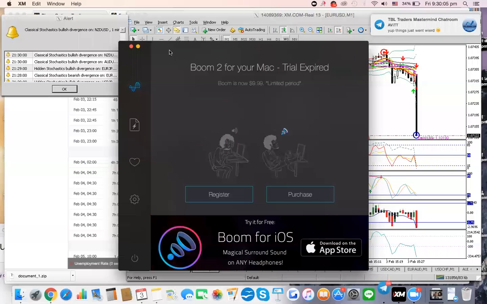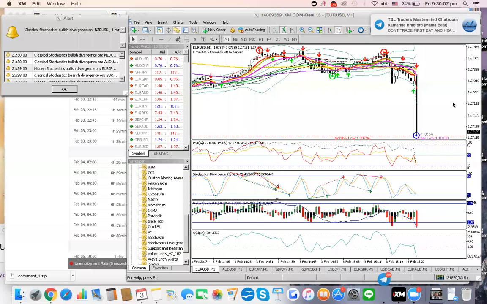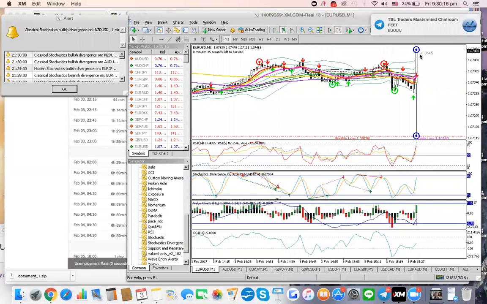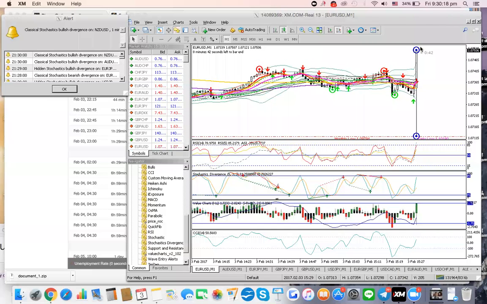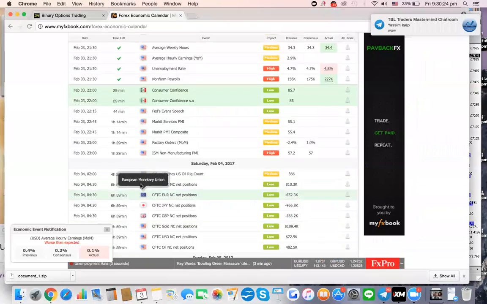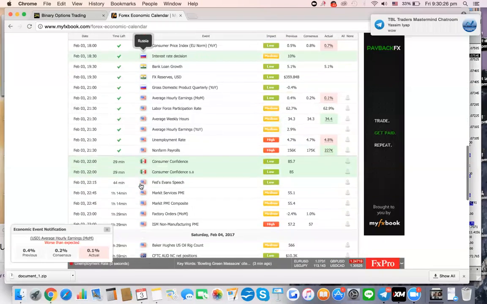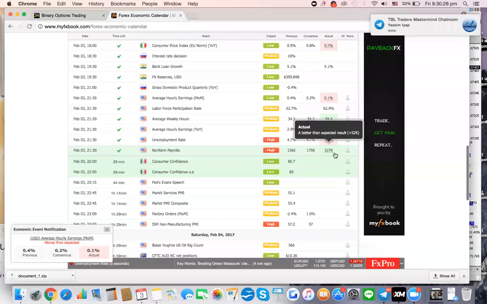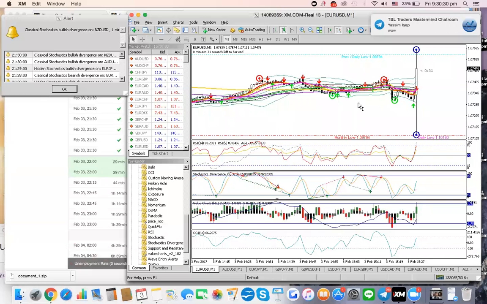Real quick, what's going to happen. And we can see right now that this is the initial reaction. The USD is strong and it's, oh, whipsaw out the other way. Okay, now it is trying to get the update on this news. Better than I expected. So it's bullish for USD.